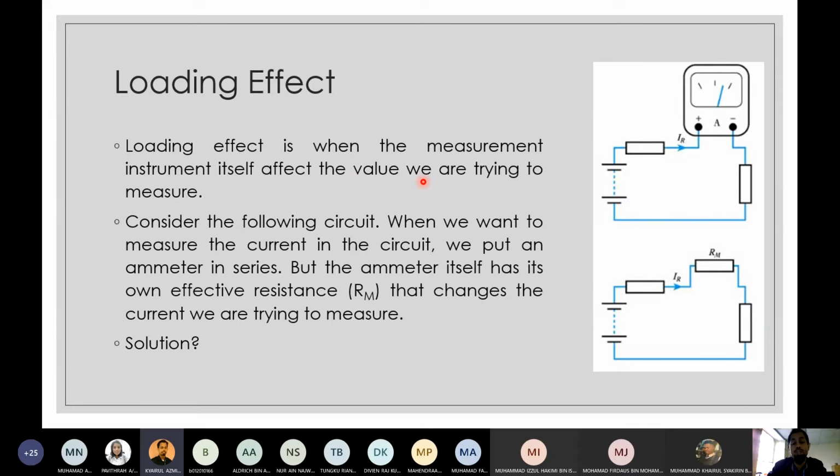So how to solve this? Can you propose any solution? What must be the characteristic of the meter? You cannot say that the meter will make sure the resistance is 0. It's impossible. There must be some form of resistance for the current to flow. So what is the solution? Maybe one of the solutions is to try to minimize the resistance of the meter by using high quality conductors inside, or high quality coils inside. Of course there are some other methods, but one of the